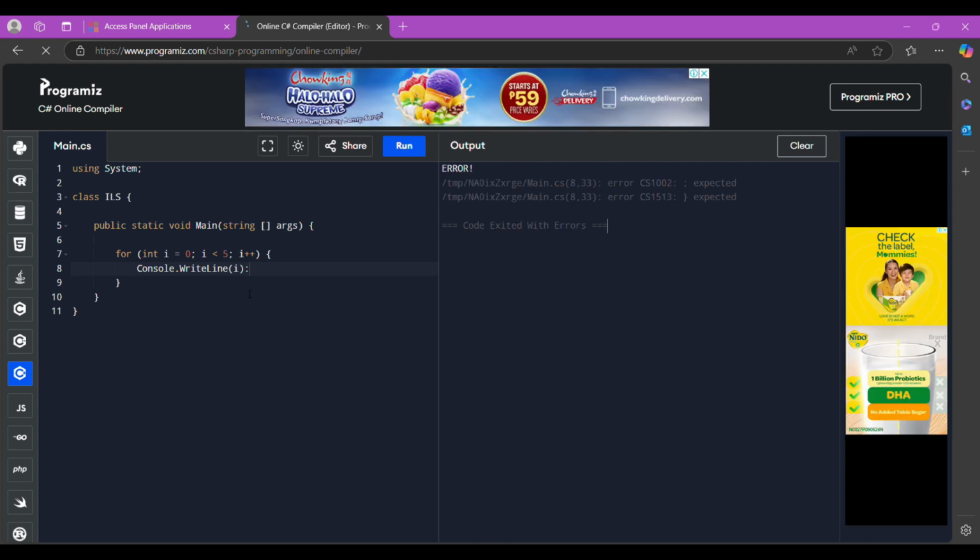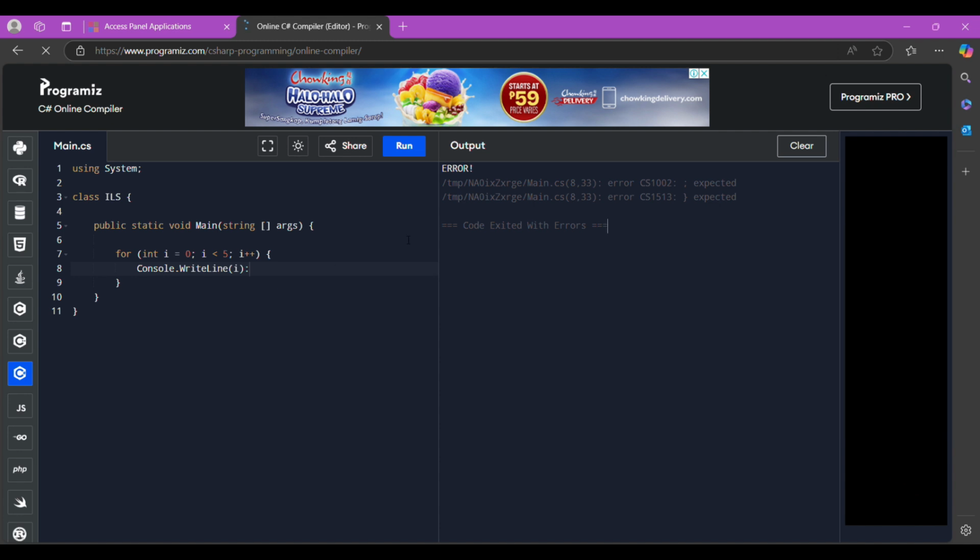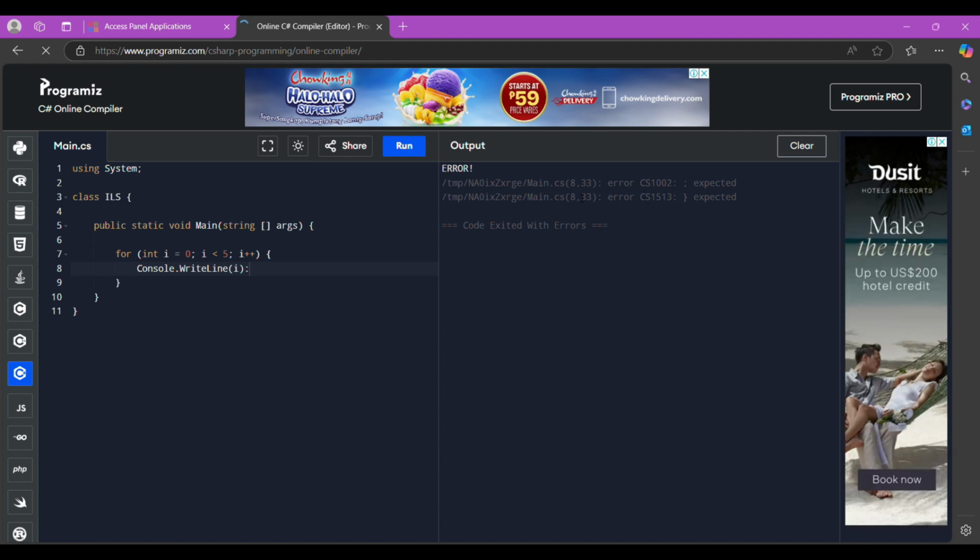It's having a hard time. Oh, we got an error. What type of error is this?